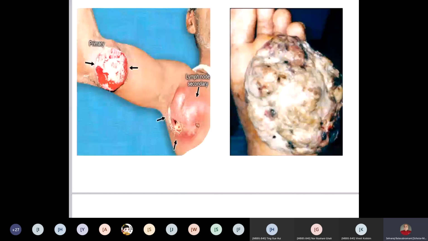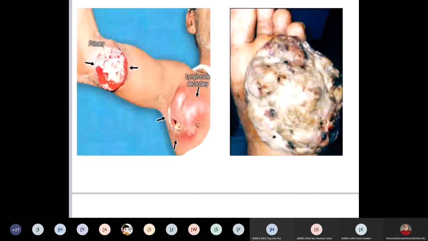Length, width and depth also 2 centimeter. Lengthwise 2 centimeter. Widthwise also 2 centimeter. Normal skin also you have to remove. Normal tissue. And depth also you have to remove more than 2 centimeter. Yeah? That is why it is called 3-dimensional excision. Okay, this is the treatment for the primary. What will you do for the lymph nodes? It is already spread to the axillary lymph node. What will you do for that?